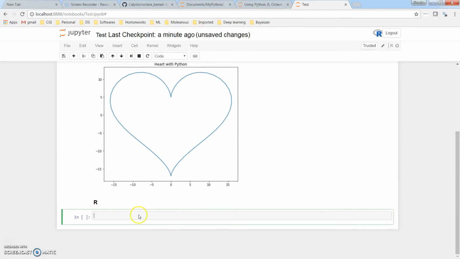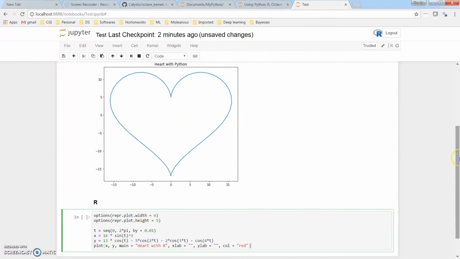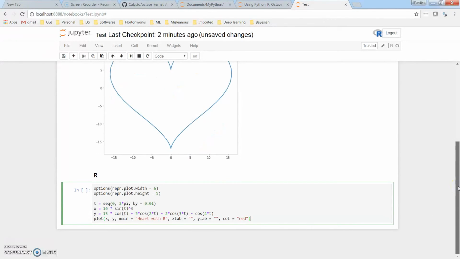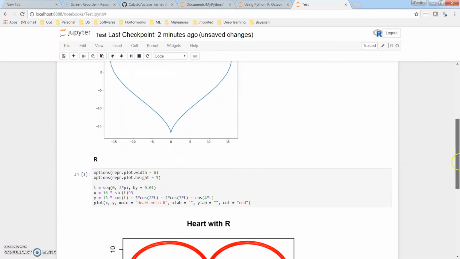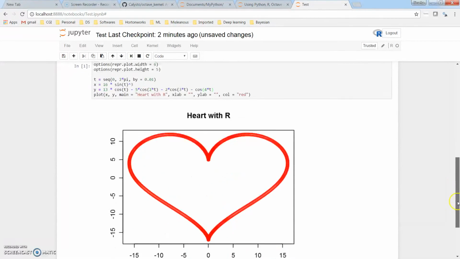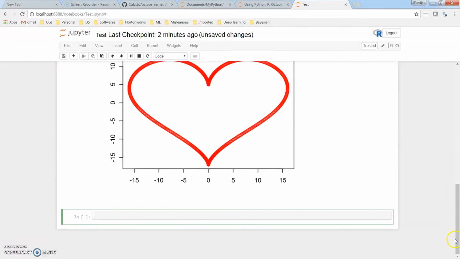In each cell we execute a code chunk, and we can run the code chunk in this cell by pressing run cell. If I do this, it executes this code chunk and gives me the output, as you can see.